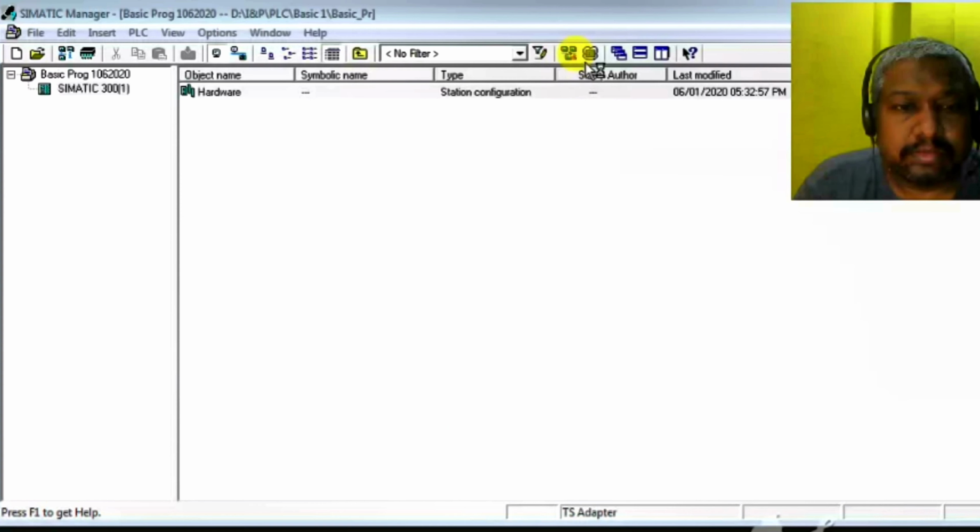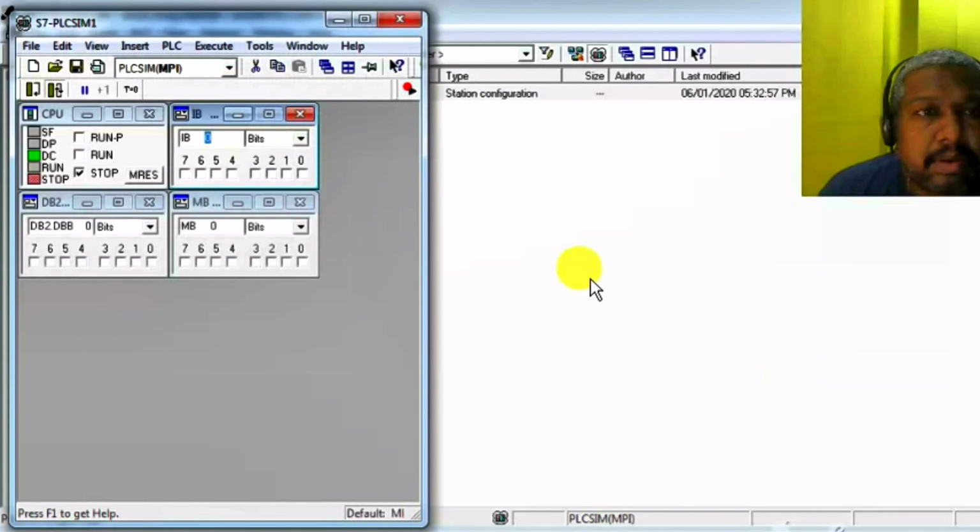So this is the main page of the SIMATIC Manager. Click on the simulation symbol. This is the simulation symbol. This is the simulation window, S7 PLCSIM. This is the small simulation window.